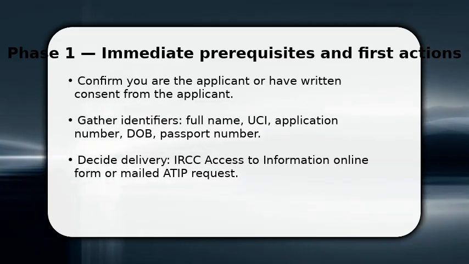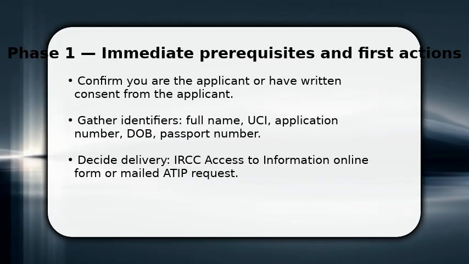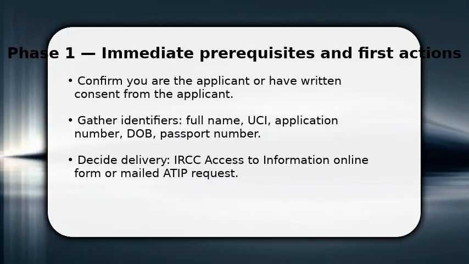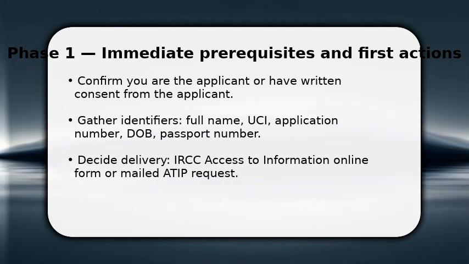Next, choose your method: the ATIP online form for faster processing, or a mailed Access to Information package if you prefer paper. Include a clear request line stating you want GCMS notes, and describe the application type and approximate filing